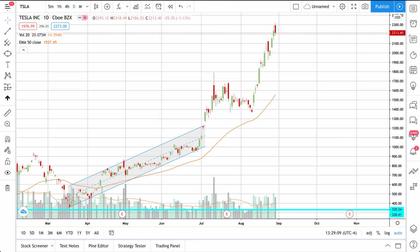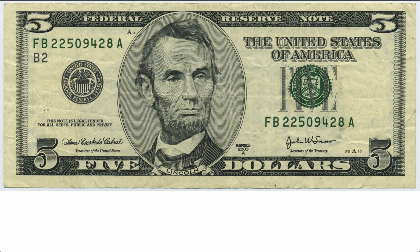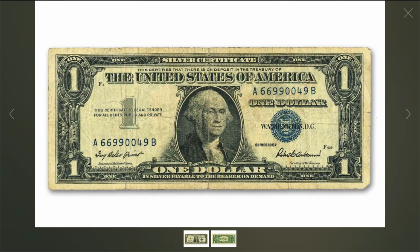So basically, I want to give it in this type of example: a $5 bill. You have one $5 bill. Now you take that $5 bill and split it into five $1 bills. You have the same amount of money. Nothing changed. You just have a higher number of dollar bills. The value's the same. You just have more dollars to divvy out instead of one $5 bill. So the differences with the stocks and the split are going to be relevant over the